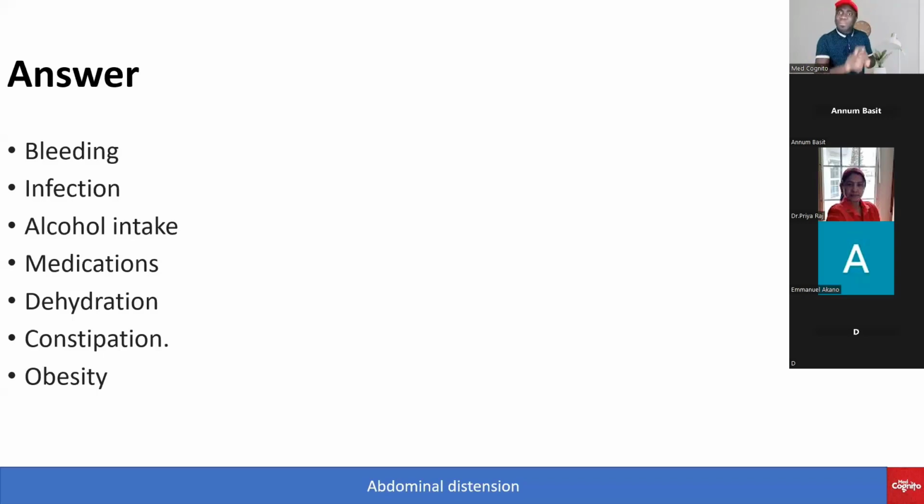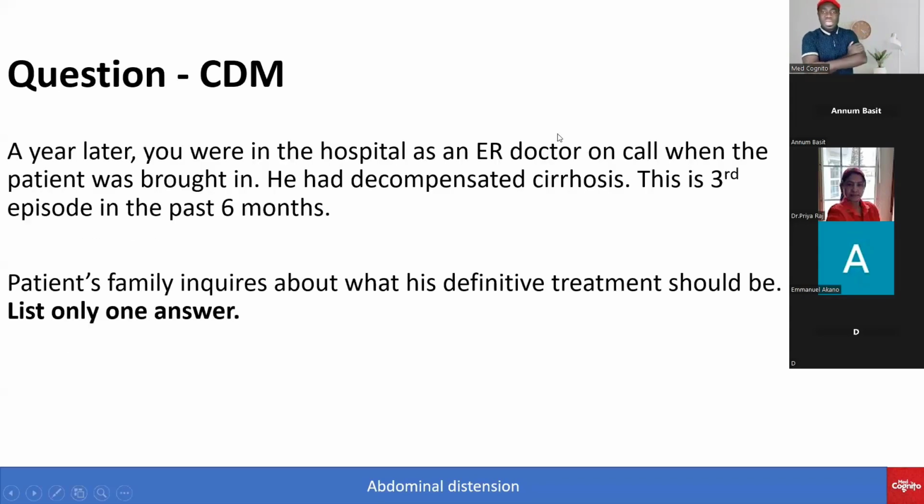Because if the patient keeps depositing fat around the liver, fatty liver disease, worsening fatty liver disease, then we are in trouble. Okay, good. Next question. A year later, you were in the hospital as an ER doctor on call when the